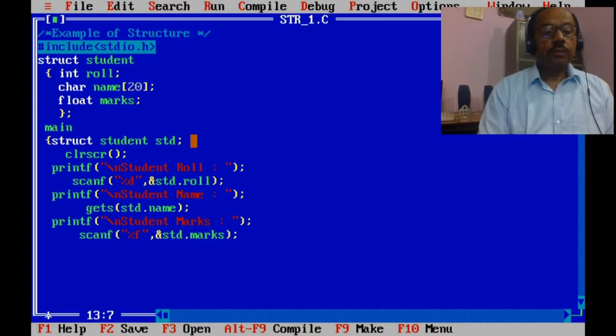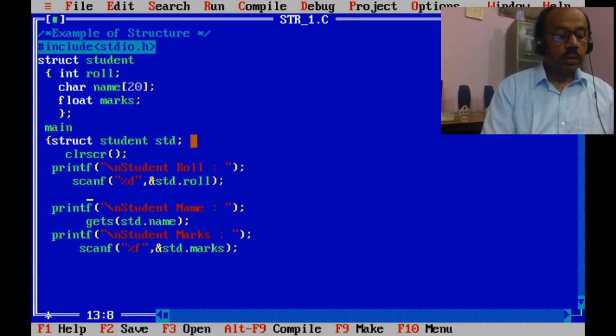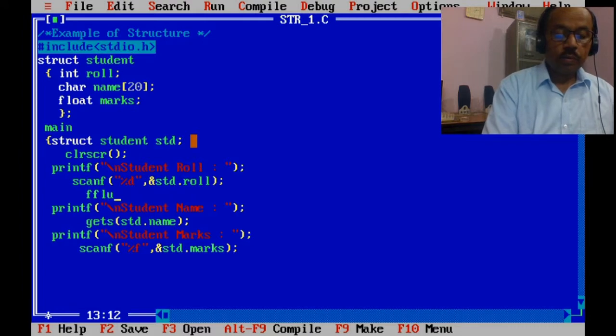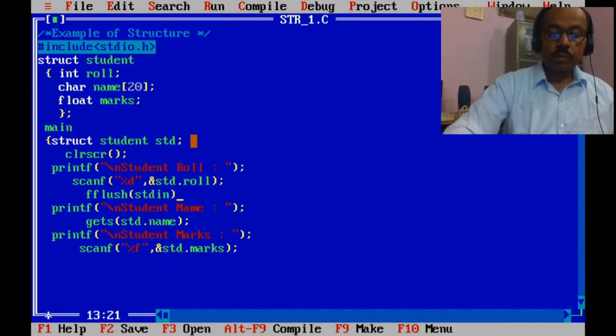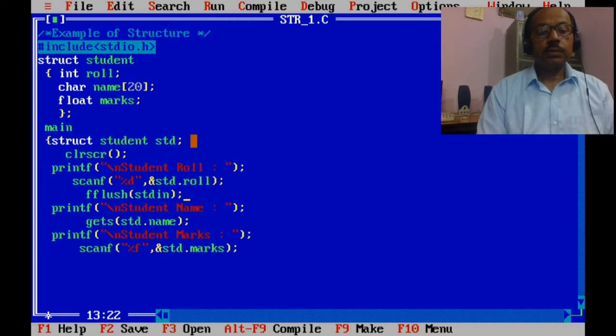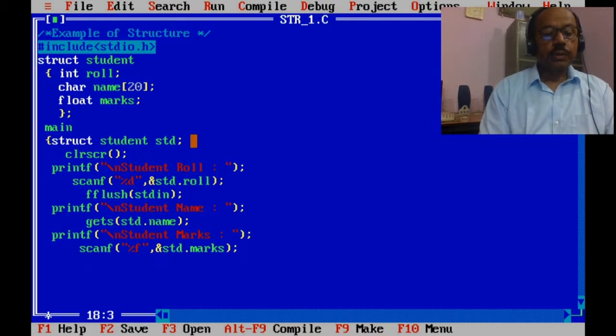Okay, here fflush is required, fflush(stdin) with stdio, otherwise it will not clear the buffer. So here all these have been entered. Now we have to see the results.